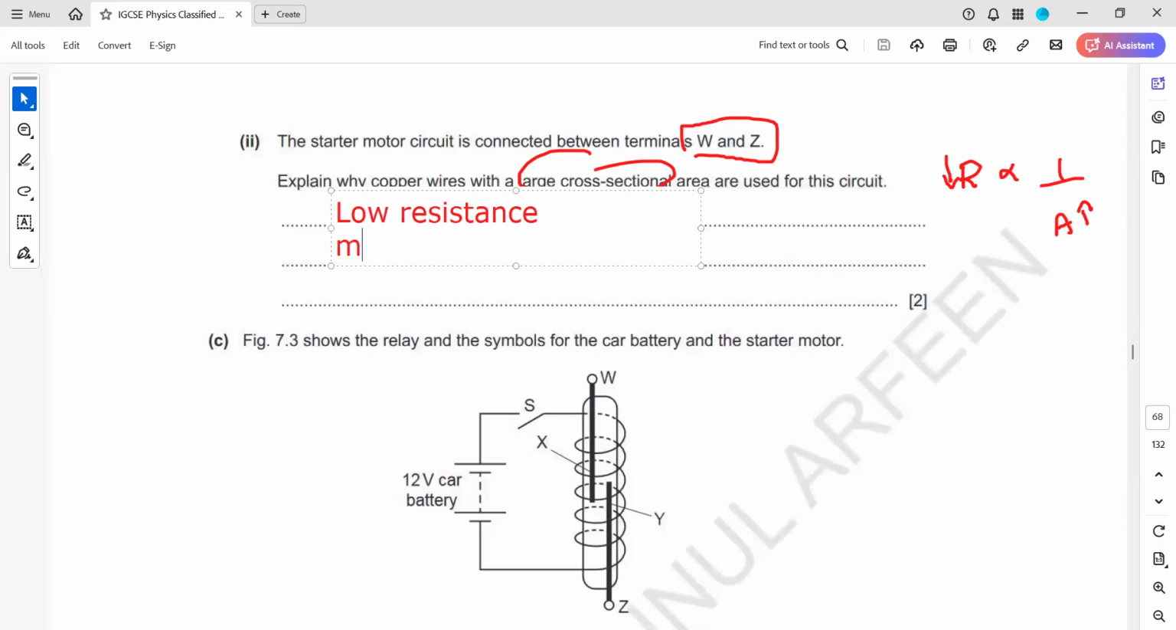Minimize the heating. How many for you? Or I have zero at this. Actually, I have